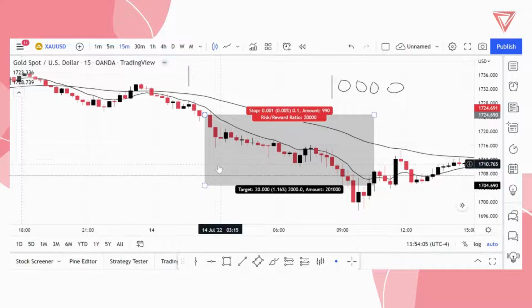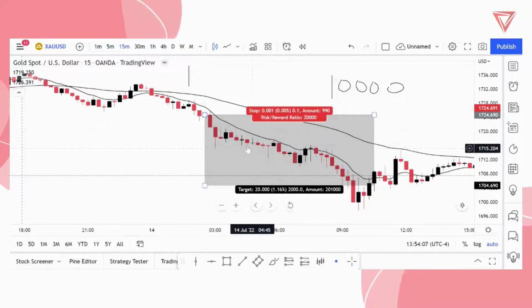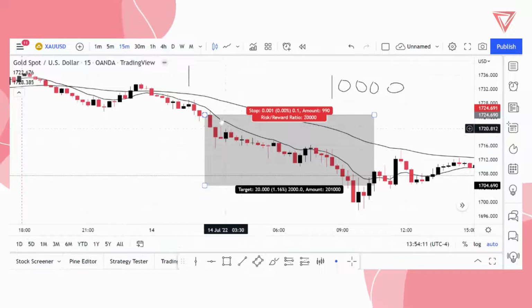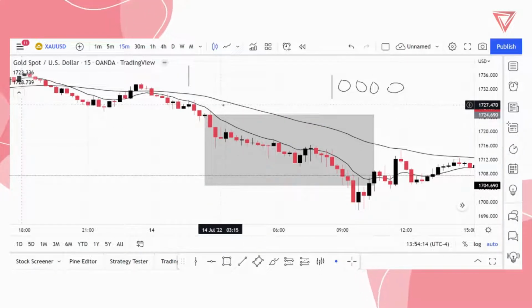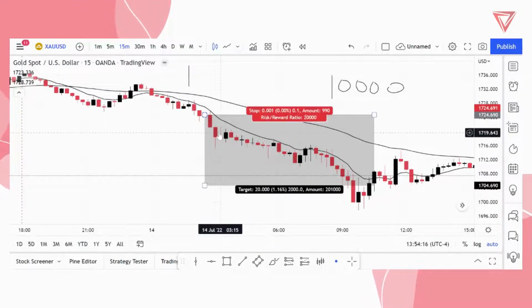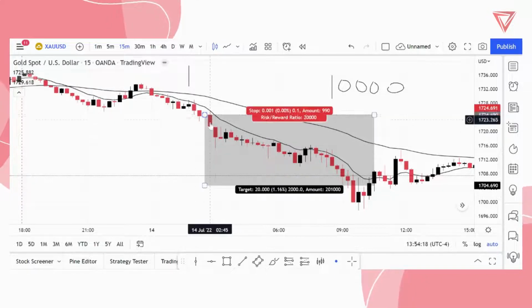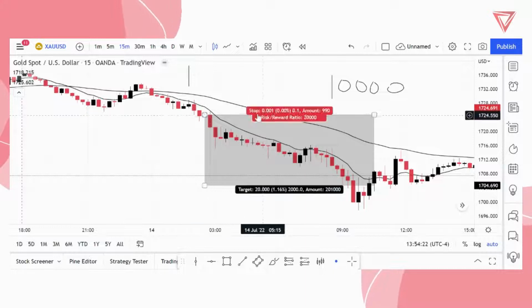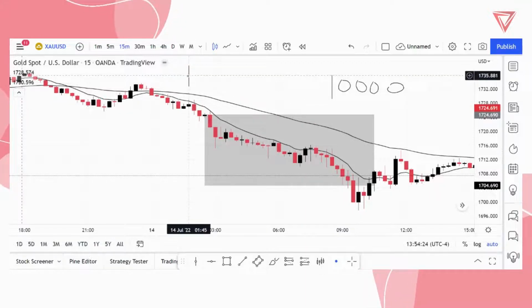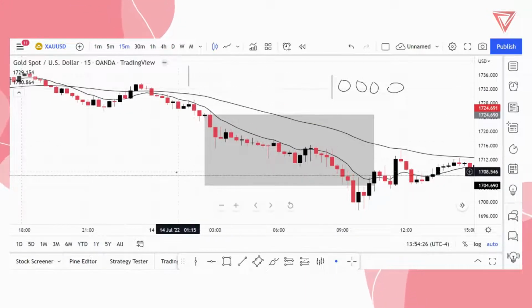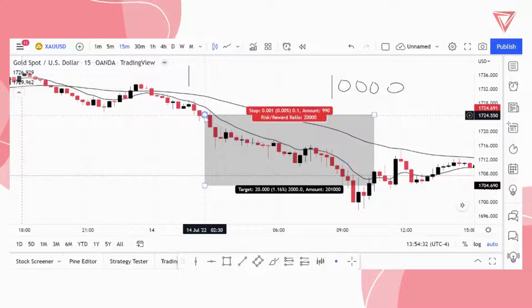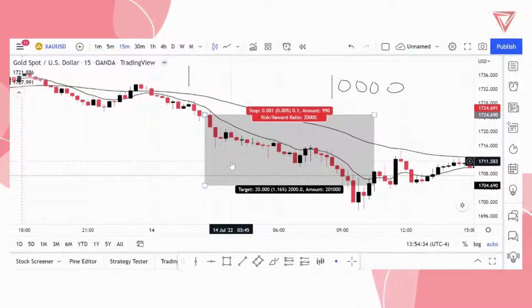So it goes in your favor, and it goes in your favor 20 times. Well, we can't even say 20 times your risk because your risk is open. So you see the caveat there. That's the first one. The second one is, how do you know how far it goes against you? What is 1%? Because are you even using this one standard lot in relation to that 1%? Is it going to be 10 pips? Is it going to be 20 pips? How do you know when you're going to take it out?